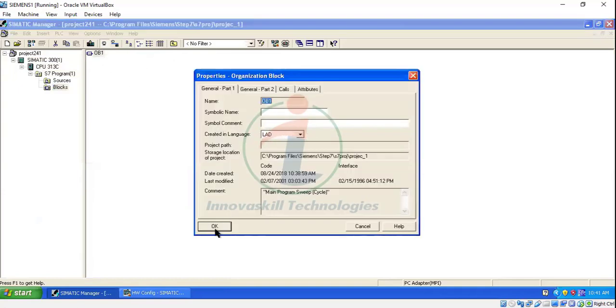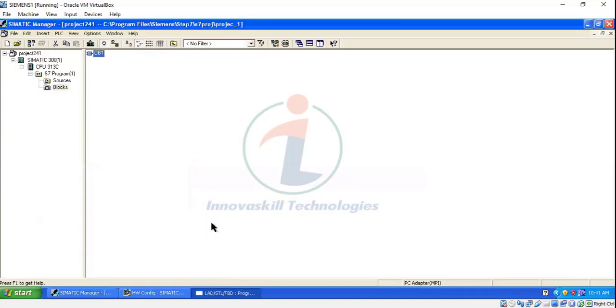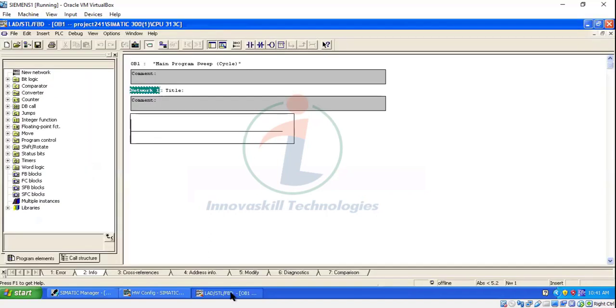Select the language what you need, give OK and start doing the program. So this is how you have to do the hardware configuration. After that you can start doing the program and download it to the controller and execute according to the requirement.